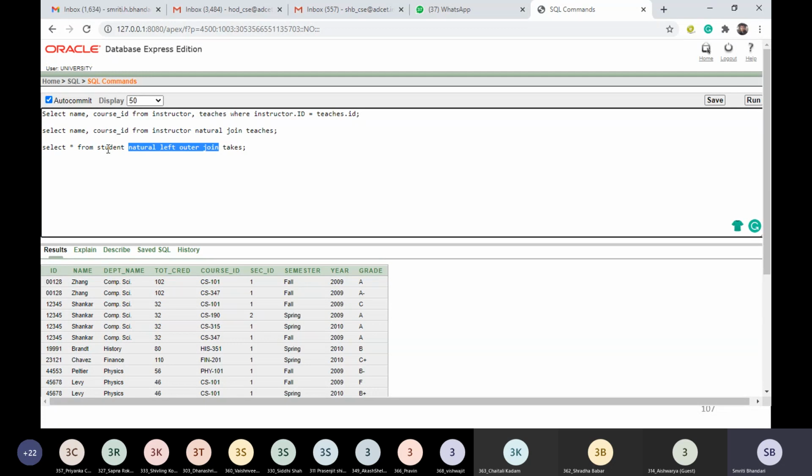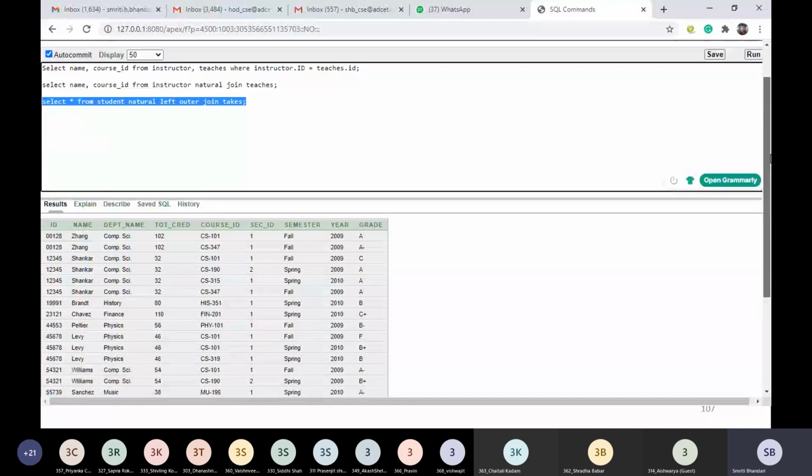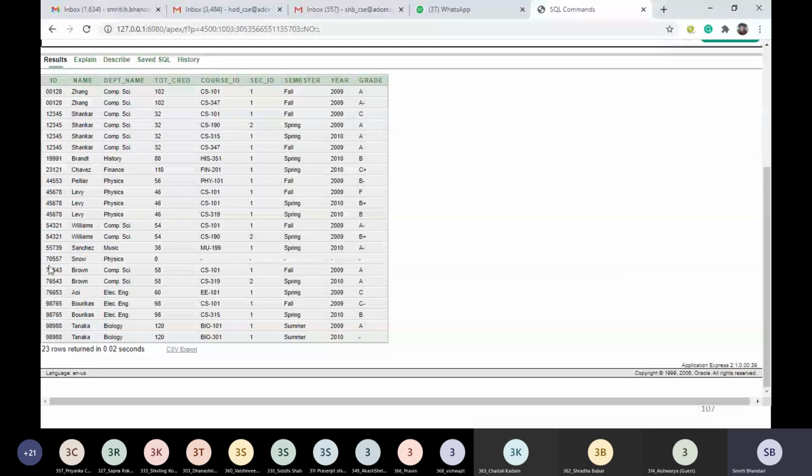But in addition, if there is any tuple in the left hand side relation student for which there is no match in the right hand side relation, then that tuple will also be included in our result. So let's try to execute this query.